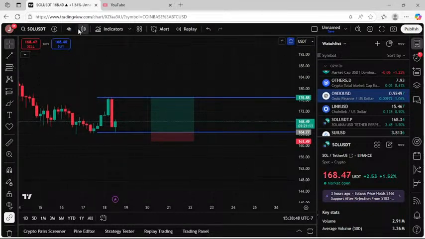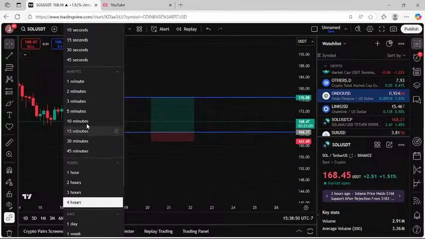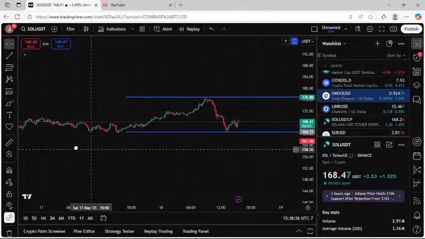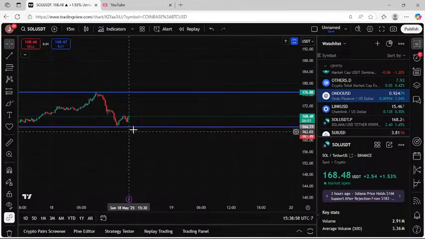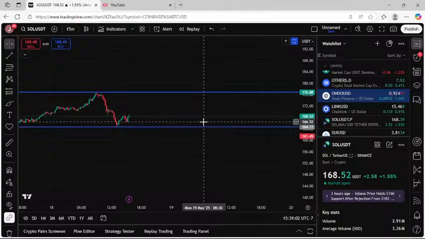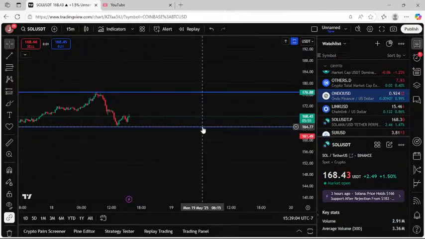And if we shrink down to a lower time frame, like I know a lot of people do, let's shrink down to the 30 minute, and you can see how much fluctuation actually happens right here. So expect to go there to there, back down to here, and just play the range from 164.70, call it 165 bucks, all the way up to